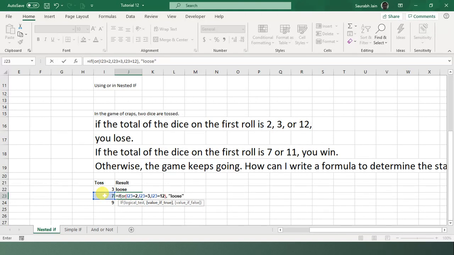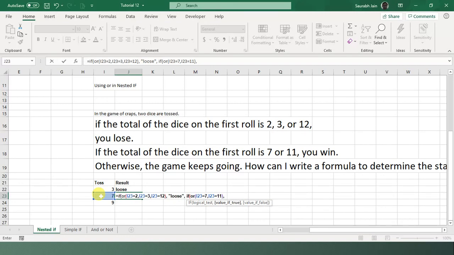Fine. Now again the conditions. Again I have to use this: if, bracket open, I say or, bracket open, and it has to be either 7 or 11. Fine. So this is equals to 7, comma, this is equals to 11, or close, comma.